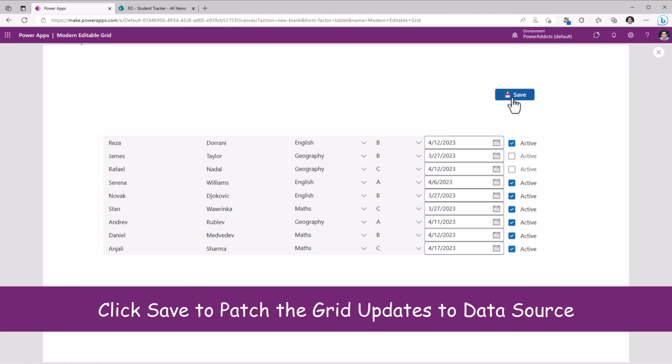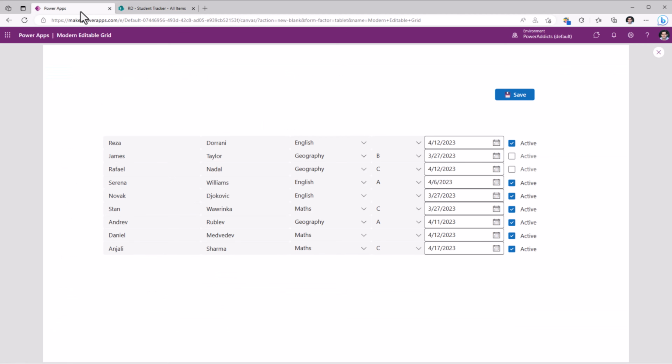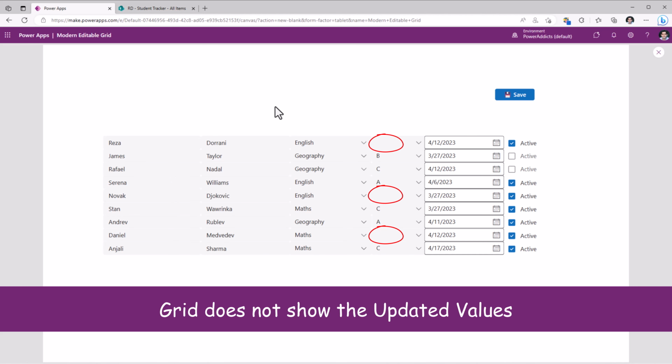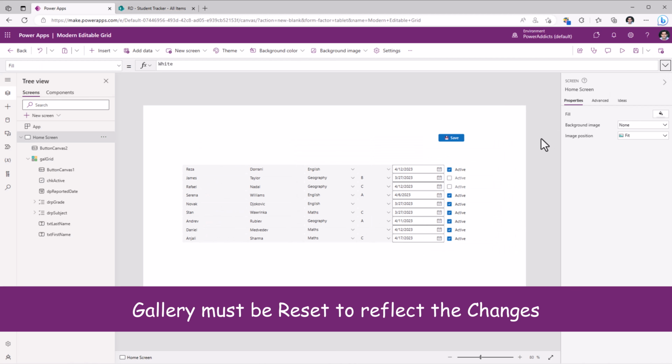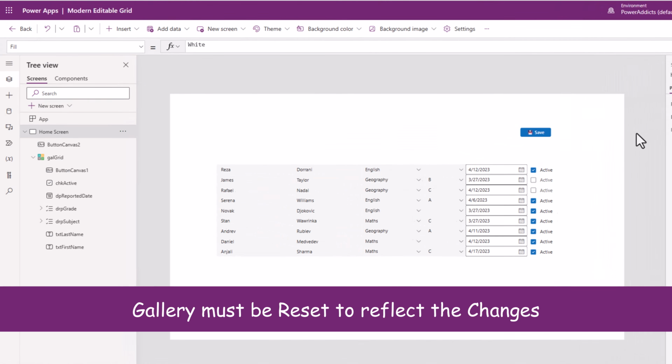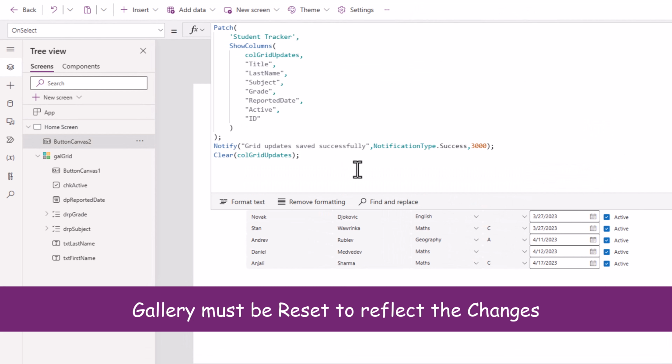Let's click save. It says the grid updates have been saved successfully. If I go back to the SharePoint list, I can see those changes. However, my gallery is not showcasing the latest updates. That's because I need the gallery to kind of reset. And to do that, when I'm performing save, right at the end here,